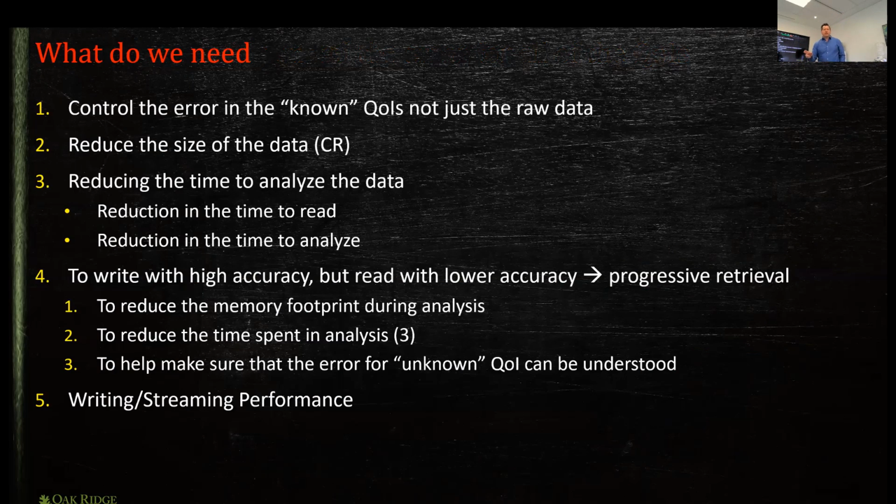So what I'm trying to say is that we're trying to do a lot of things, but so much of it is really trust. I'll talk about performance and about the speed of these routines on GPUs. Well, we can talk about streaming, but trust is the big thing. And certainly for the known quantities of interest, you better be able to have some guarantee. But the unknowns too, we have to start doing better as well.